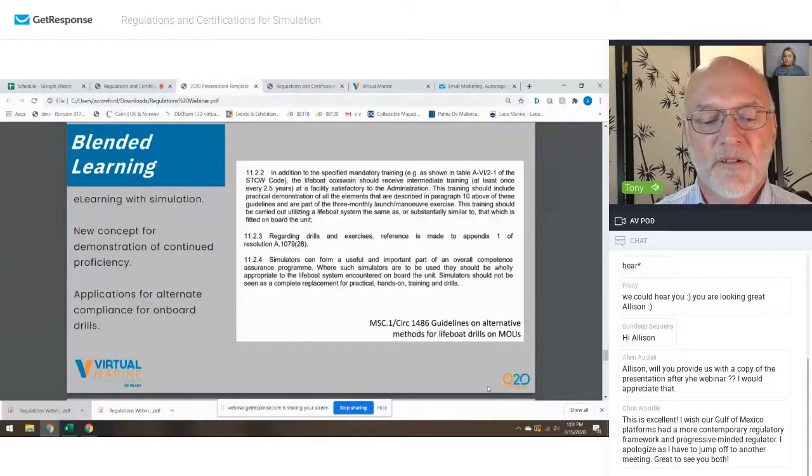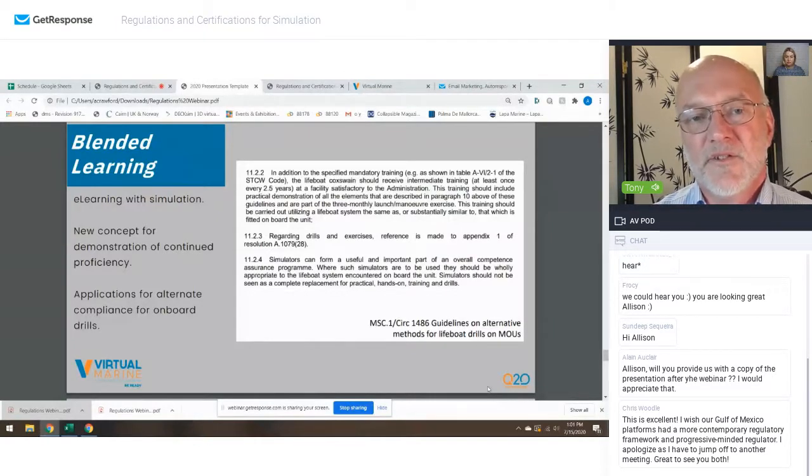And when you look at drills and exercises in that other resolution, 1079, it specifically states in there that the only way to prepare people for launching into rough seas is a simulator. So what we have seen is that flag states have been making a few rulings. One is that the offshore platform itself can be a location at a facility satisfactory to the administration.